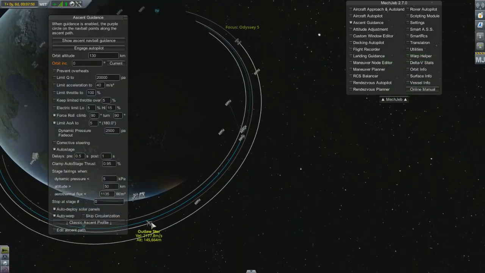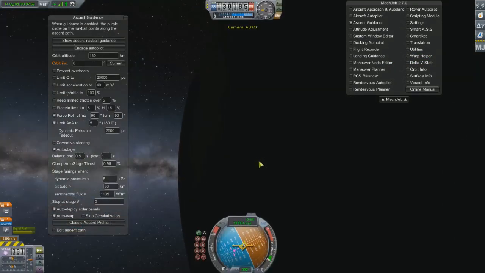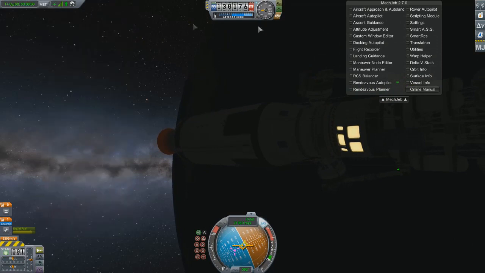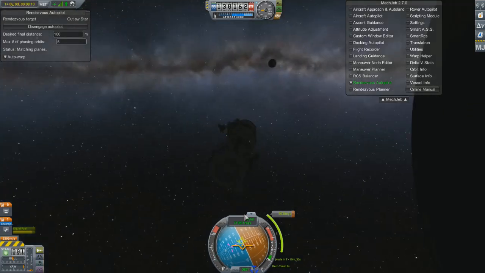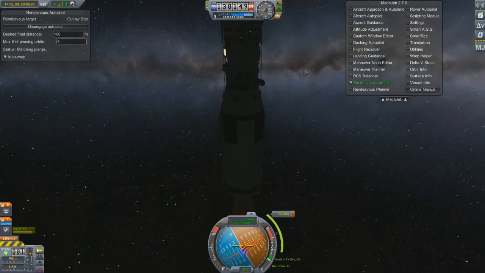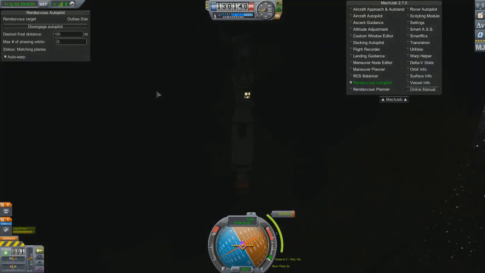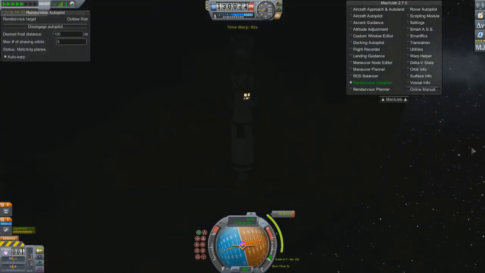Okay, so we launched ahead of Outlaw Star, and we're gonna set that as our target, and we're gonna go for an intercept. Where's rendezvous? Here we go. Alright, now it seems to be able to do it with its reaction wheels alone. Also, those thermoelectric generators are just goddamn beautiful, aren't they? Are you sure you want to wait 10 minutes? Because we're trying to stay ahead of this thing. If we can stay ahead of it, it'll be...